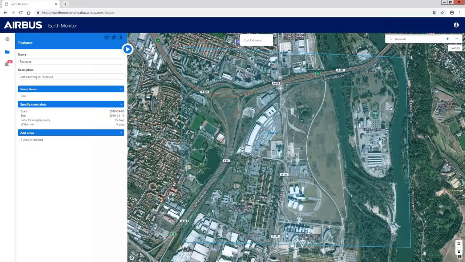So in fact, the user interface is very, very easy to use, and the analytics used behind this are very powerful. So we were able here to run a very small AOI or large territories based on Pléiades or Spot, depending on your request.